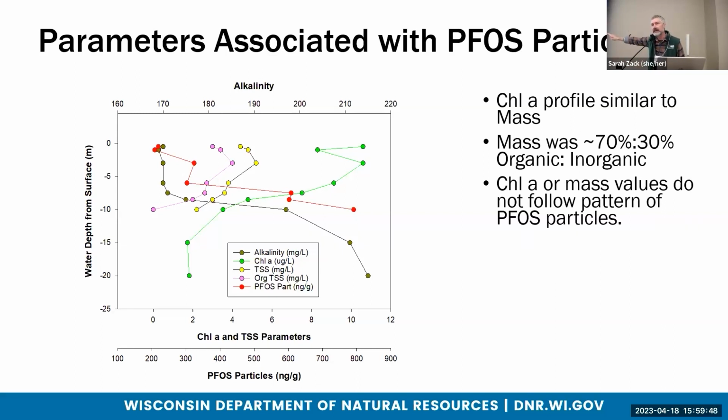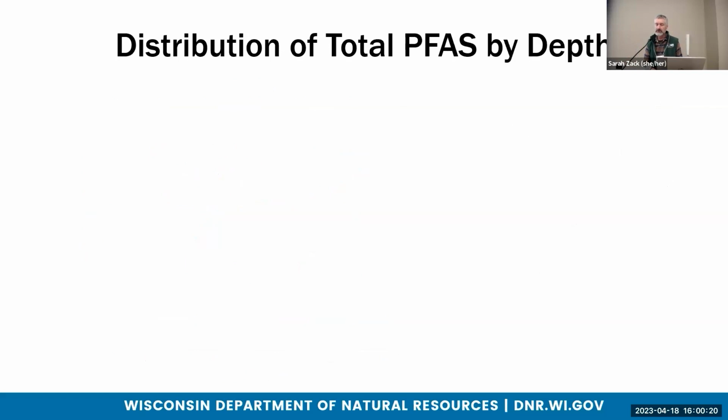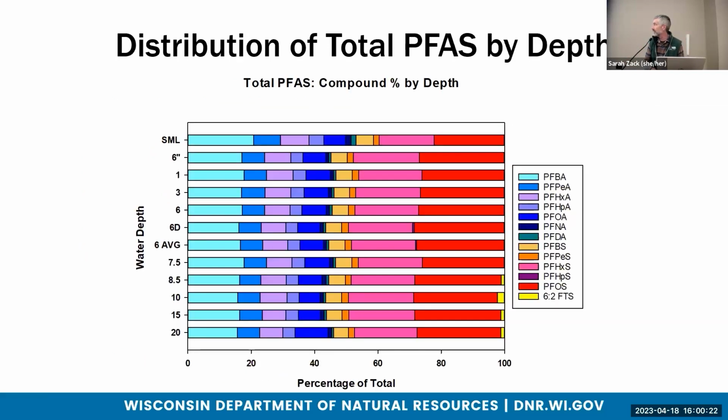These are fairly hard lakes, so that'd be a measurement of the bicarbonate or the carbonate. So alkalinity seemed to trend similar with PFOS as the particles. And then at the 10-meter mark, there were fewer particles, but they're very concentrated. So I'm not sure what's going on or how the sulfate functional group would be binding to another negative group. Actually, before I gave this talk, I gave a similar talk about this, but a graduate student in the same session was showing that, anyway,